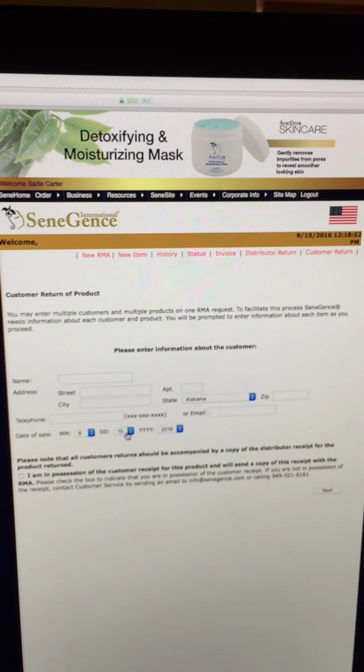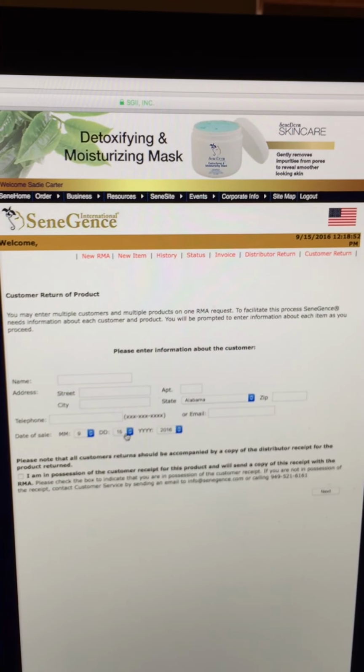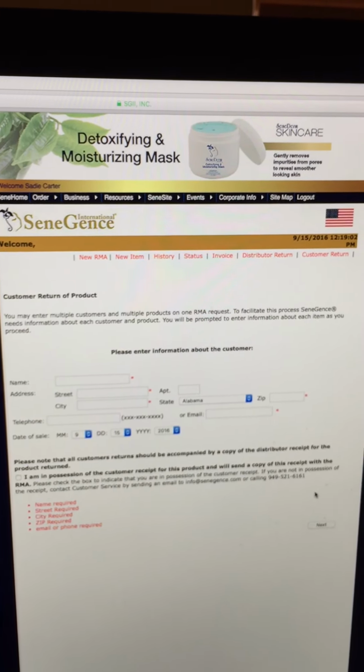Now, if it's a customer return, you're gonna enter their information. So you'd enter their name, their address, telephone number, and without having this information, we won't be able to go forward. The next step would ask you what the product is. You would go through and find the color or product that you're exchanging. And then you're just gonna follow the prompts. They're very, very easy. And at the very end, it's gonna give you a summary of everything you filled out,